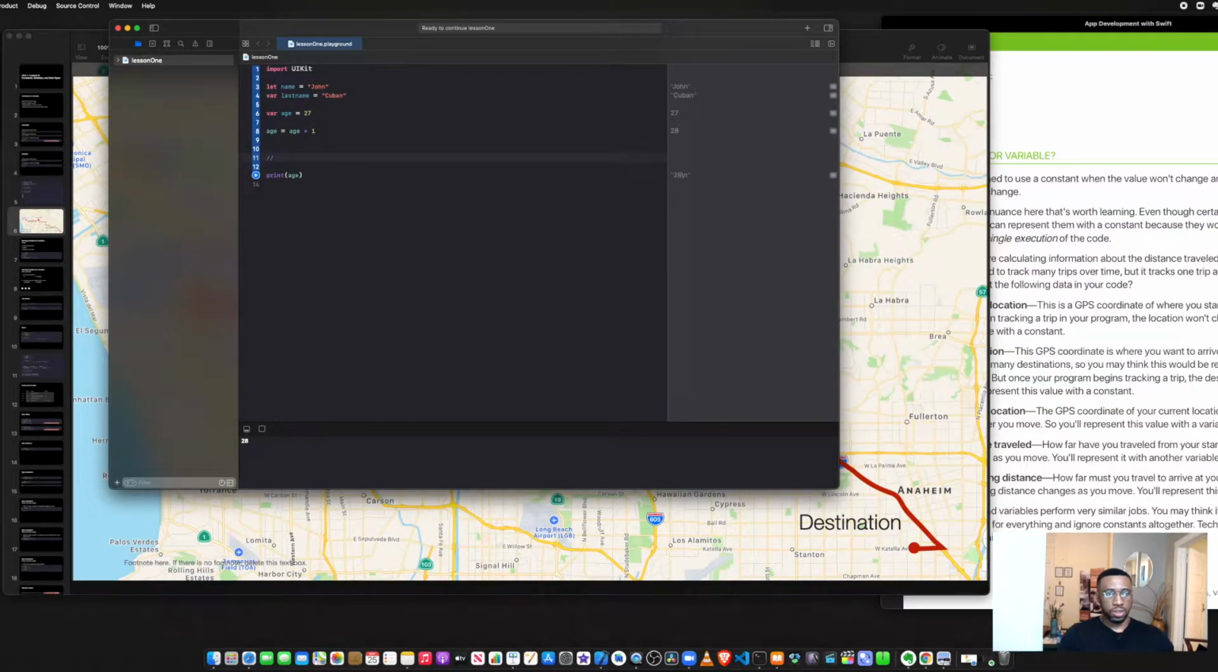Say travel. And then we can say let starting point, or we can say 200. Any way we want to represent it, right? But the point is, starting point is going to be a constant. Okay, and then